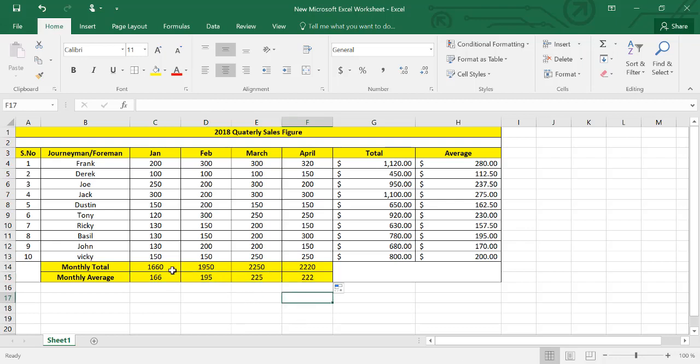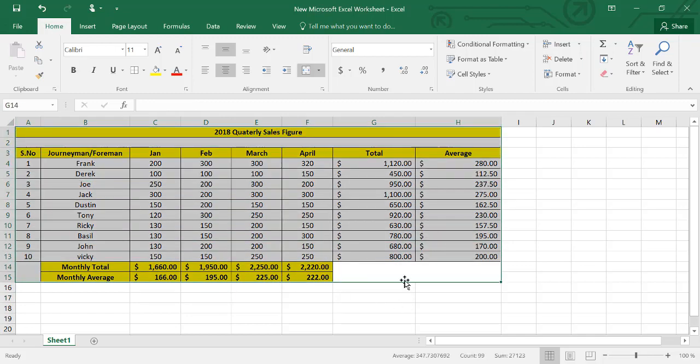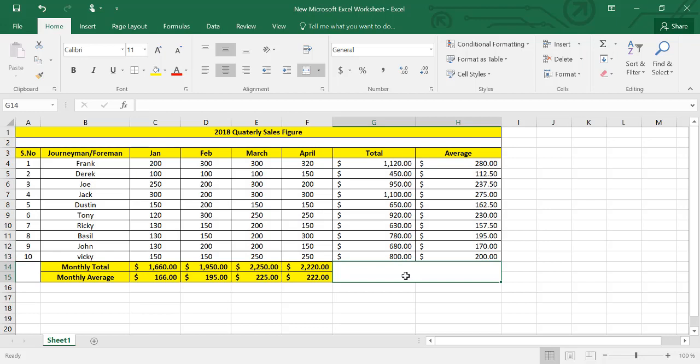So this is how you can calculate the average and summation for a particular sales figure or any other accountability you want to maintain. You can make it bold as well, like this, and if you want, you can do this as well. So this is the way you can design or prepare any company's or organization's chart.